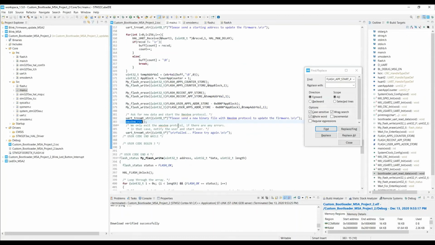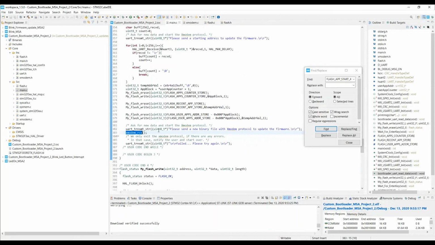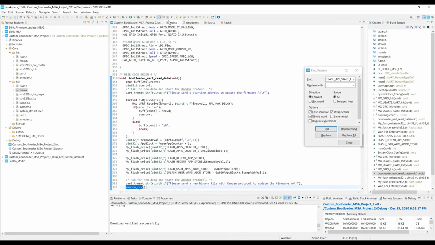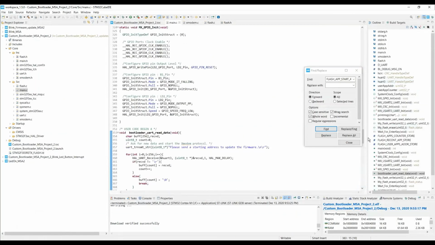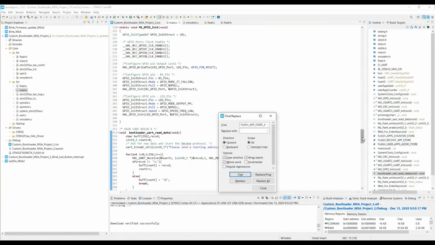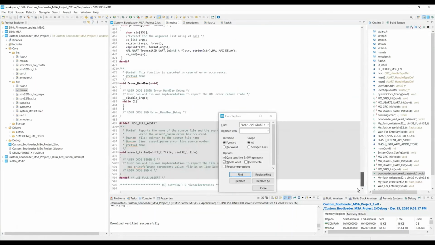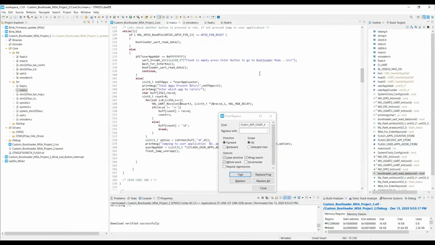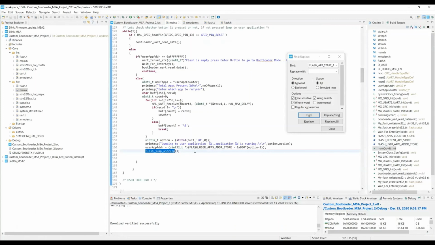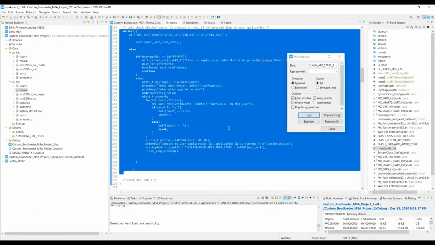Yeah, let's come back to our main function. Using those APIs, this entire functionality is done.